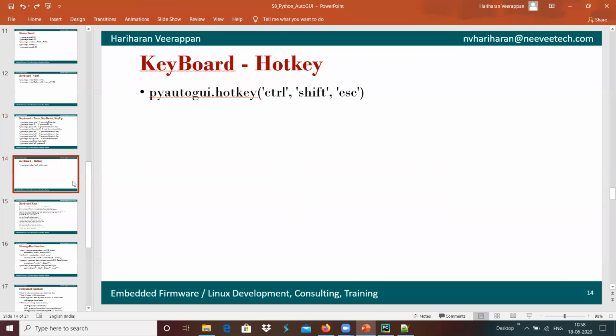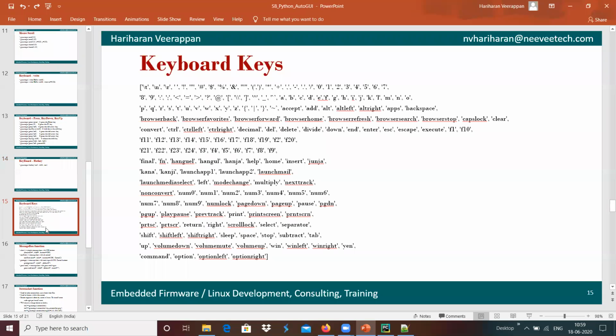And if suppose we wanted to generate hotkeys like Control Alt Del, or something like Control C, Control V, those hotkeys can be generated with the function called hotkey, basically over here. And if we wanted to know what button options, key options can be given, we have the complete list over here, like control CTRL, shift left, shift right, A, B, C, D, X, all those things. The supported keys are present over here.